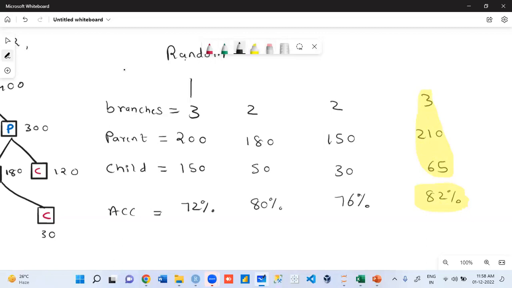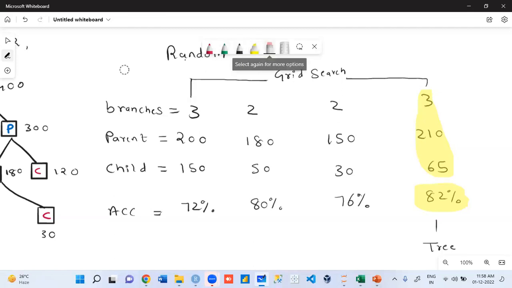Okay. If you want to run this entire thing in one loop, this method is called grid search. They are greedy people, no? Give them more, they want more. First combination, second combination, third combination, fourth combination. Given all four combinations, it will search the best one. And using this best one, we will get the output. Any question, please ask.